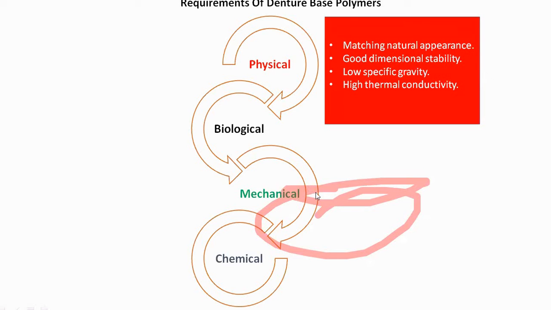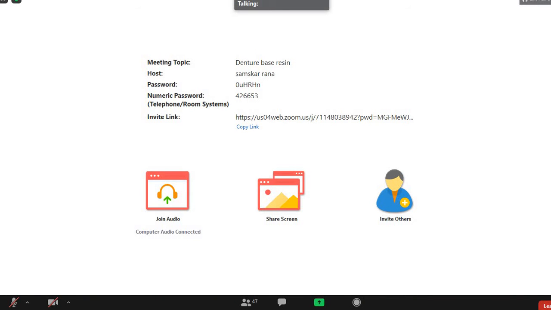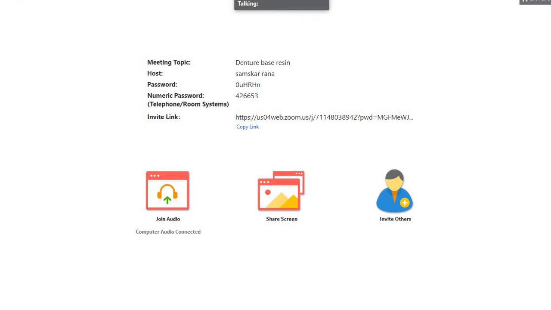Somebody has entered. I think someone pressed that icon mistakenly.